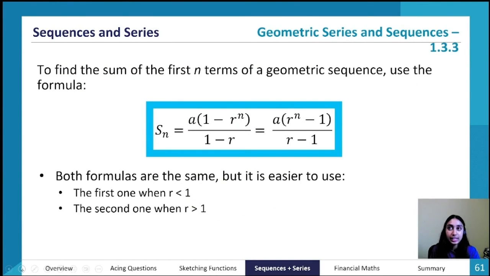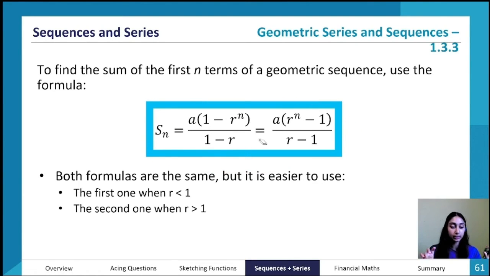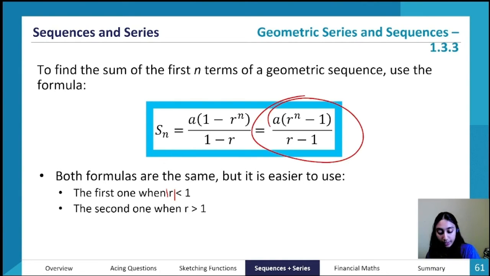Then we have the sum of the geometric series. It's given by these two equations. These two equations are the exact same thing because they're just in the opposite direction on both the numerator and the denominator. So it'll be a negative on a negative, which cancels each other out. Both are formally the same, but it's easier to use the first one when r is a small number, so more so when the absolute value of r is small. And then the second equation when r is a larger number. But you can use either or.